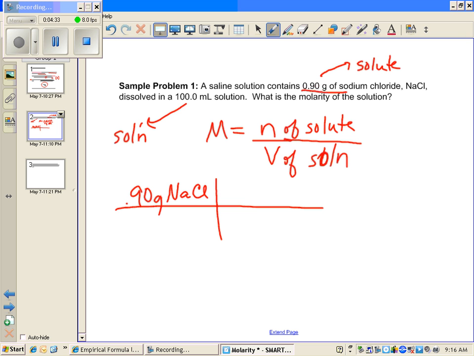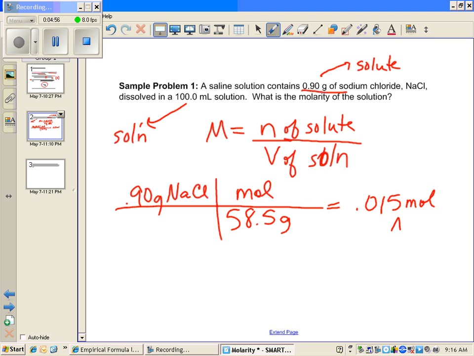I'm going to look up the mass of NaCl on the periodic table. That's 58.5, so that'd be 58.5 grams per mole. And then I'm going to do that math. That comes out to be 0.90 divided by 58.5, and that gives me 0.015